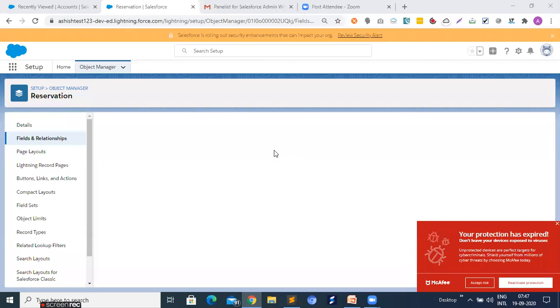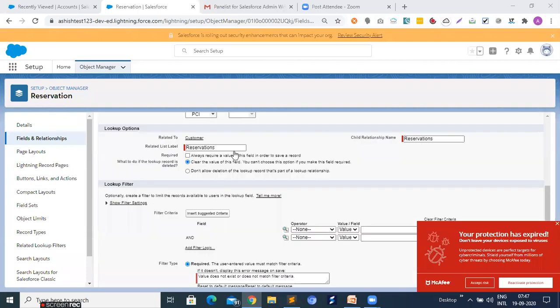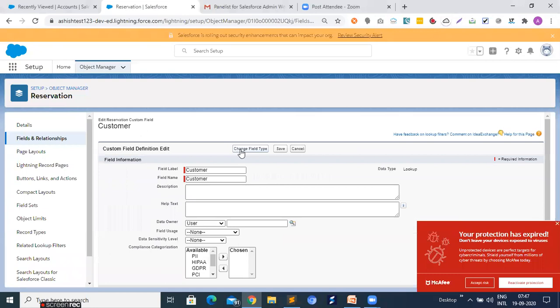So you can find there is one option, change field type. Just click on it. And we can change the type to master detail relationship.